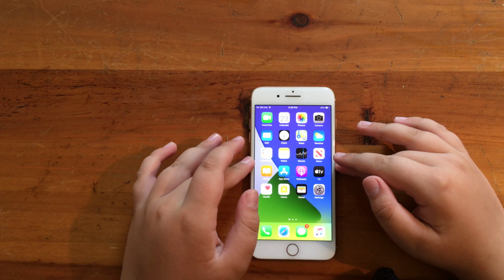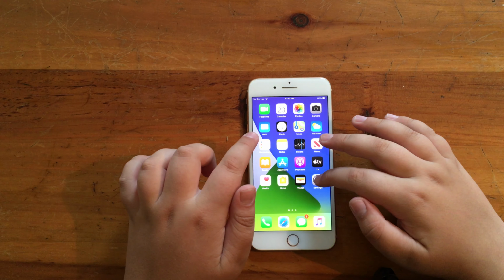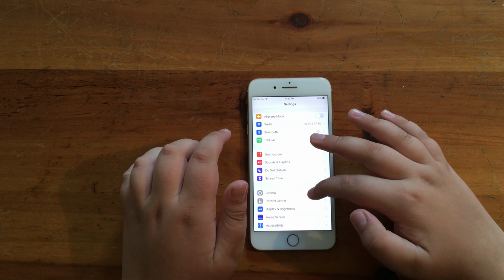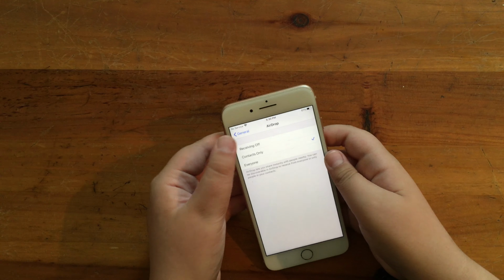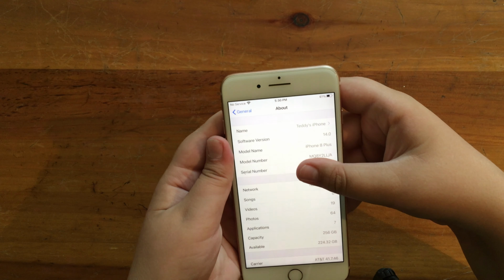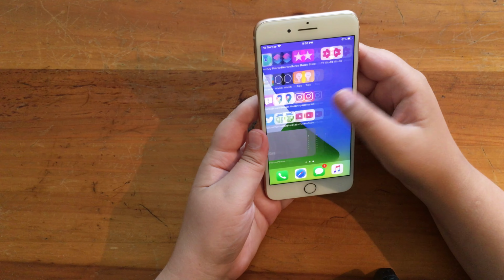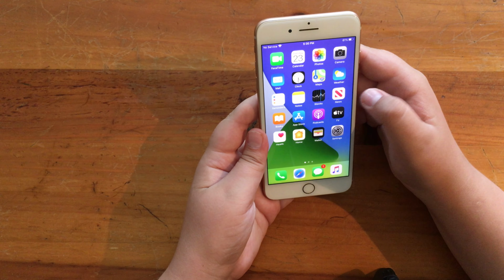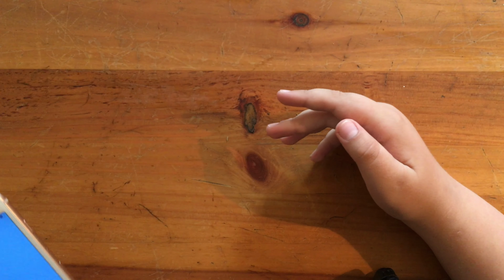Today I'm going to be making a YouTube video about Apple's new software that they announced recently. As you can tell, going into Settings, General, and About, I am running iOS 14.0. This is one of the new wallpapers that comes with the phone, and you always are seeing some differences, but first up,